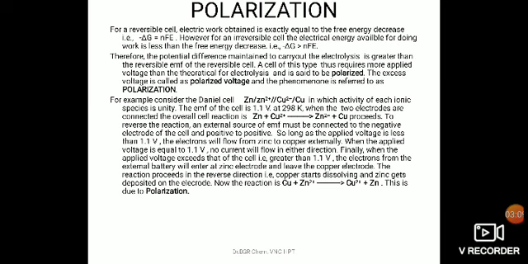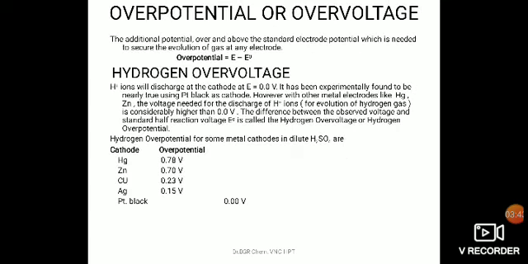That means when the applied EMF is greater than the standard cell EMF, then the electrodes will be polarized so that the complete reaction will be reversed. That's how it gives you a reversible reaction of Zn plus Cu2+ giving rise to Zn2+ plus Cu. Now it has been reversed by taking Cu plus Zn2+ giving rise to Cu2+ plus Zn. So by applying an extra potential over and above the standard cell potential, we can reverse the reaction. This process we call as polarization.